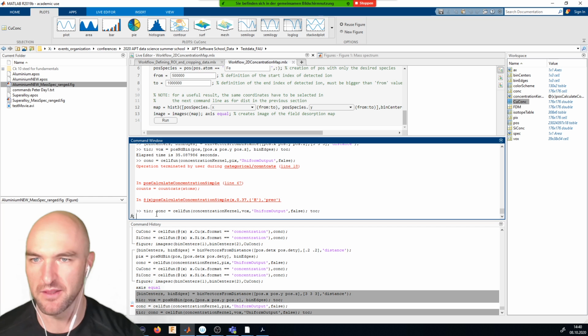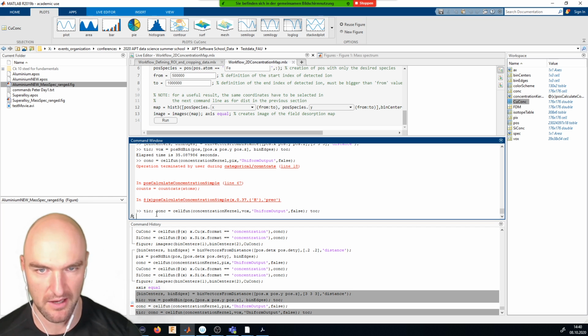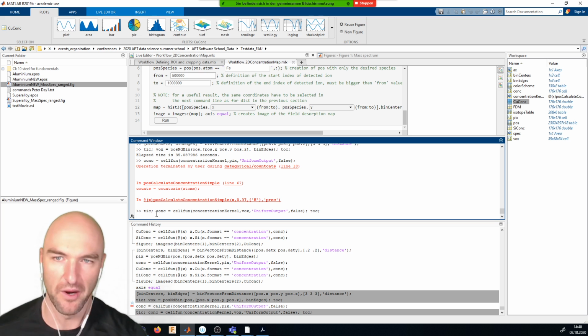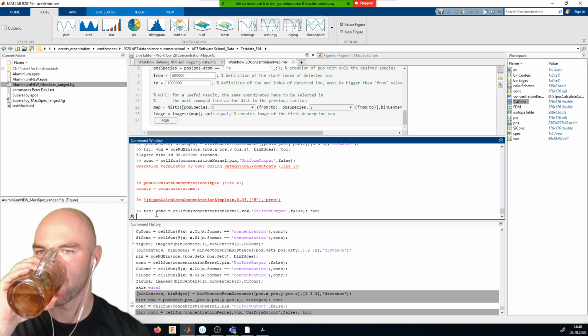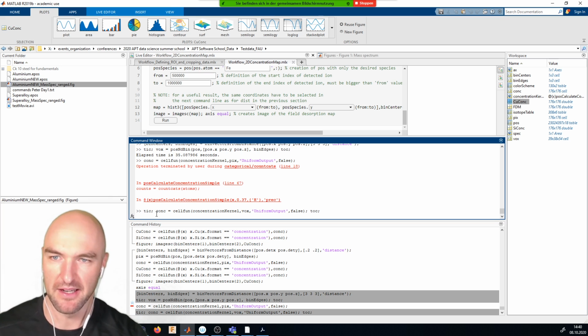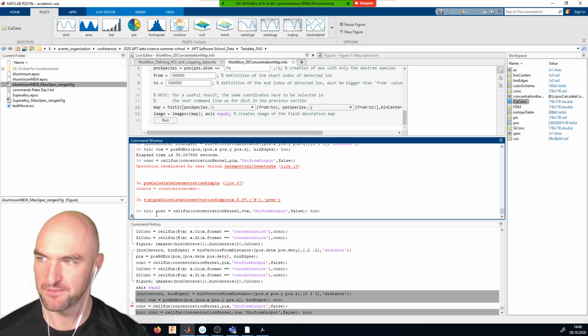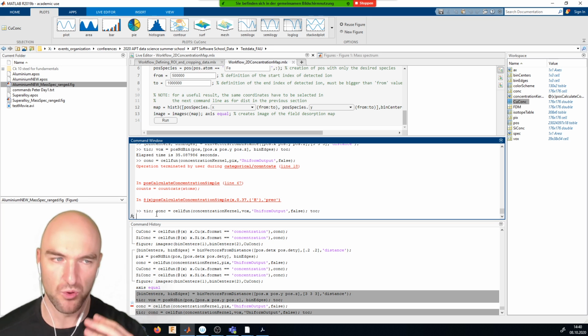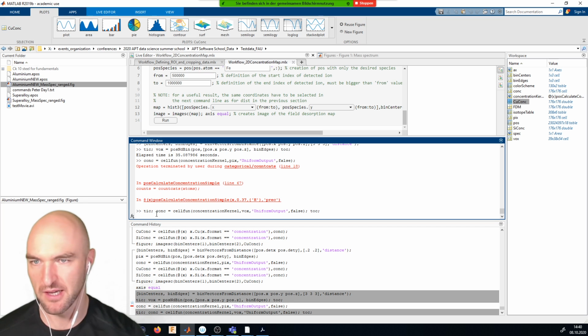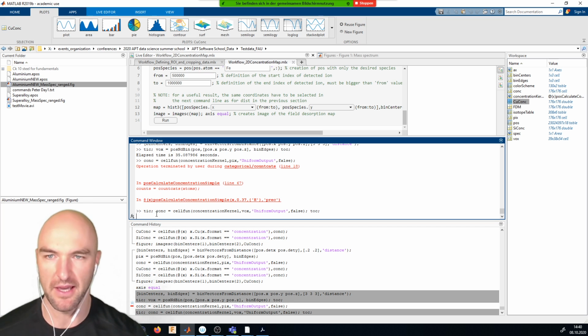So very often what I do in this case is I start the concentration calculation and then go and make myself a tea, or do something like that. It will run for a couple of minutes and then I will have all of the concentration information in this one variable and don't need to recalculate it all the time. But if I just want to quickly calculate, for example, an isosurface or something like that, and I don't care if it's super accurate at the time, then